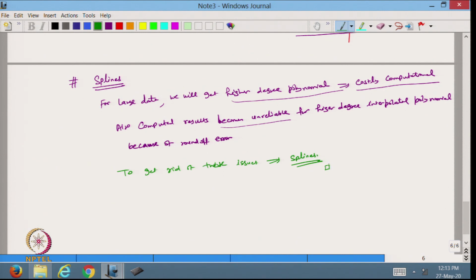So we will stop today. Today we have discussed the examples based on the Lagrangian interpolating polynomial and the Newton divided difference interpolating polynomial, and we have seen that whatever method we apply, we get the unique interpolating polynomial. And for a larger number of data, we get a higher order polynomial. To get rid of this, we are going to start with the piecewise approximation, and that we are going to discuss in the coming lectures, that is called the splines.